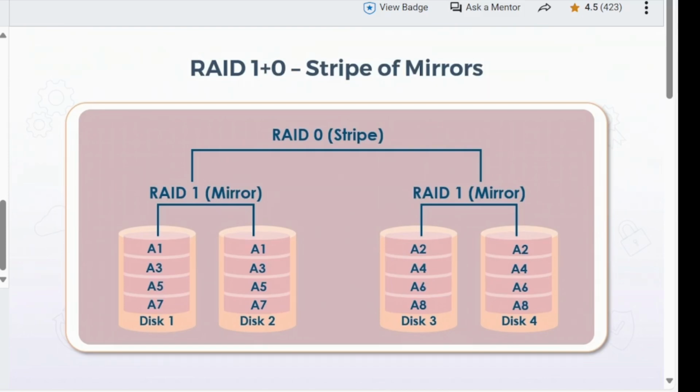The same holds for if I were to lose disk 2 and disk 4, or disks 2 and 3, or 1 and 4, because again, there are identical copies of each of those. So RAID 1 plus 0 provides the highest level of redundancy. Now, that said, this would be the most expensive implementation because for what would normally just be a 2-disk striped array, we now need 4 disks. So it costs twice as much in terms of the number of disks, but again, it's very high performing and